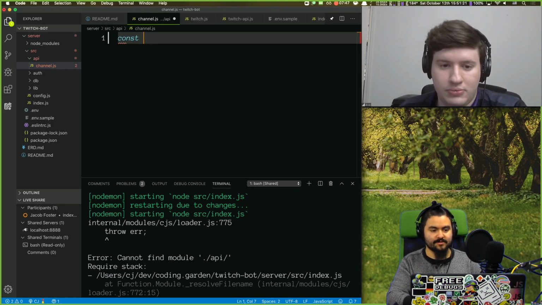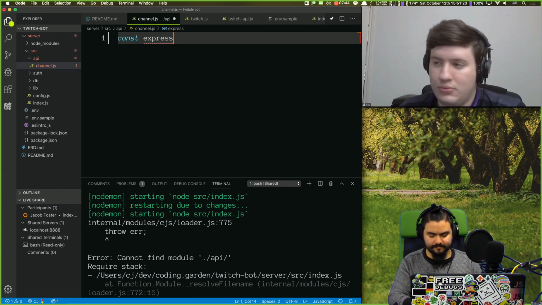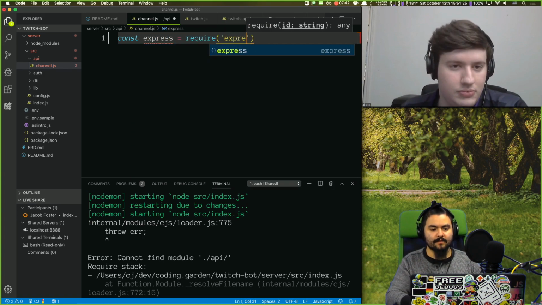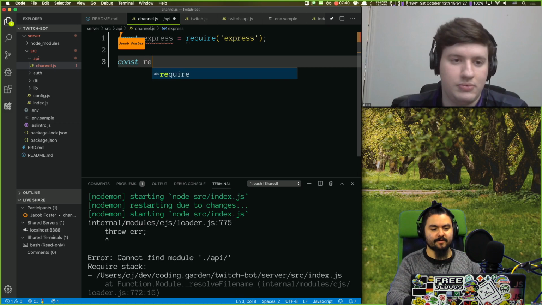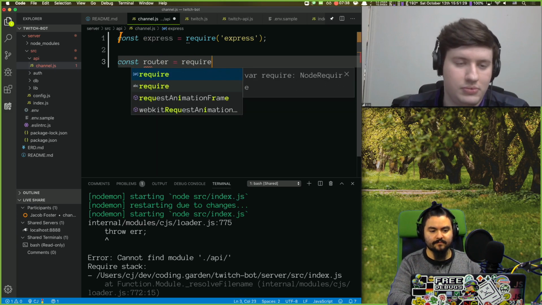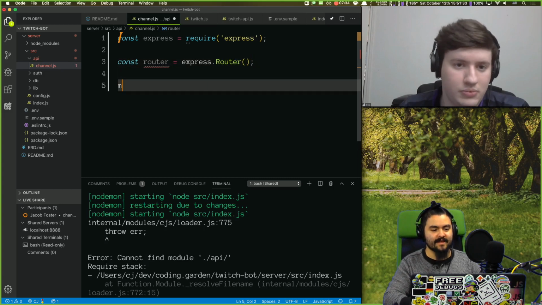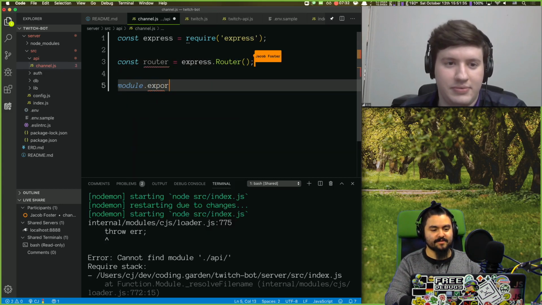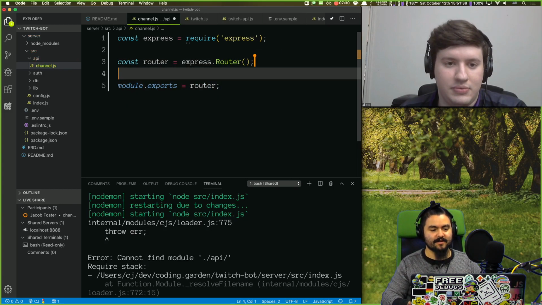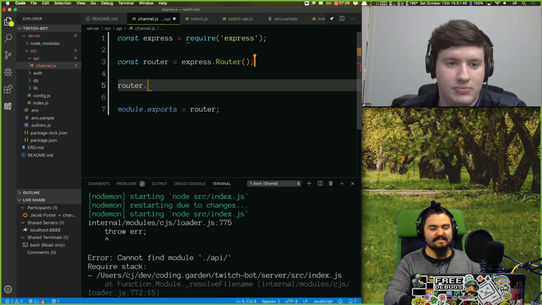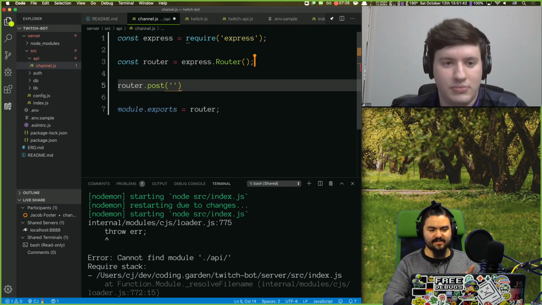So I'm gonna just bring in Express. We'll create ourselves a router. No, not that, express.Router. Module.exports is the router. Yeah, so like a router.post. This thing will be mounted at